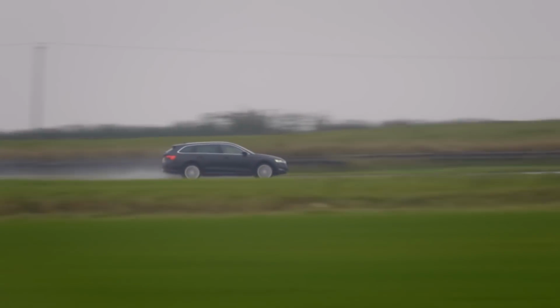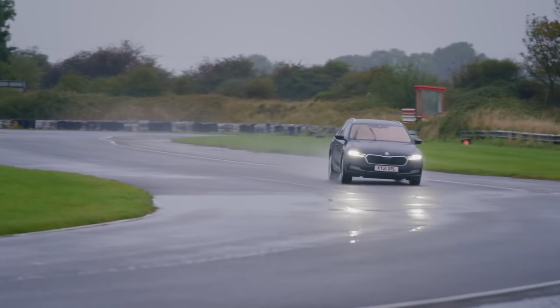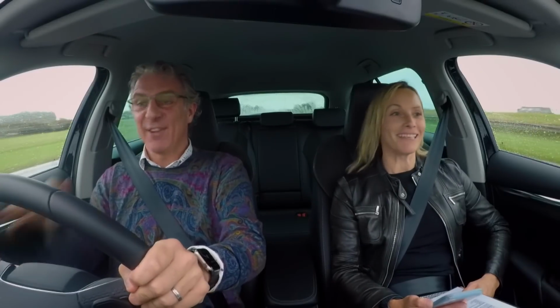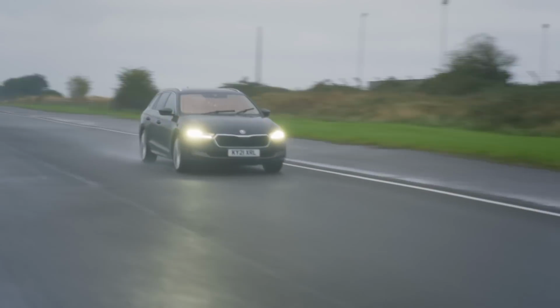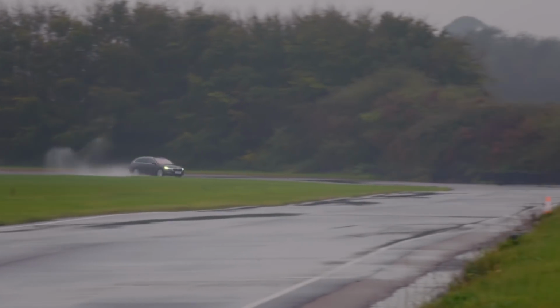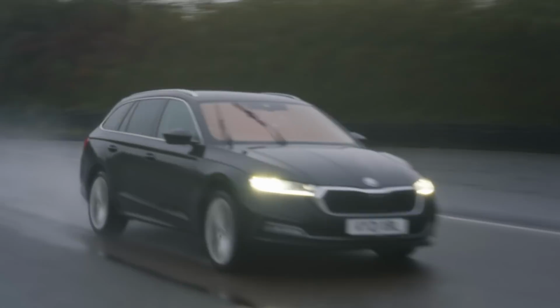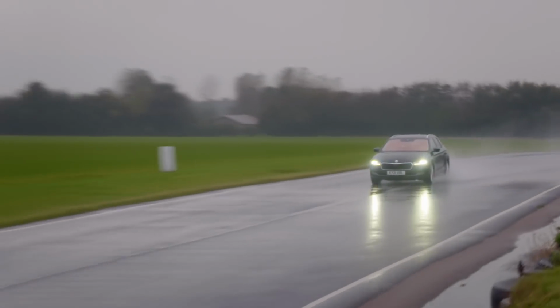We were now halfway through the lap and something was telling my racing brain that strange things were afoot. I wonder what it's going to be. Do you think you're going to pull a quick one out the bag? Maybe. It does feel quick in a straight line. I mean, there's no way this will be faster. There's no way. Oh, look at that nasty puddle there. Oh, aquaplane. Having survived the water hazard, the Skoda completes the lap in...